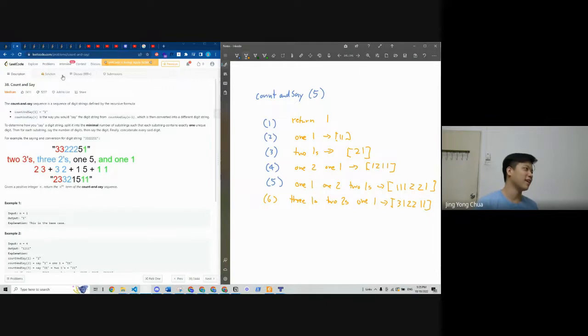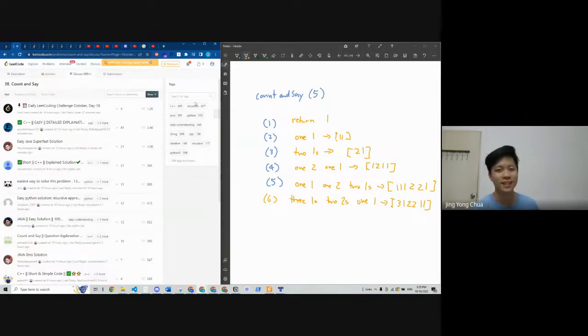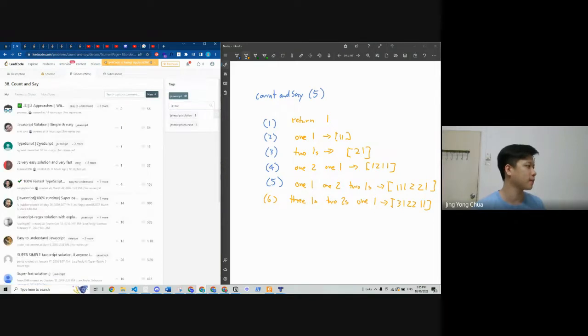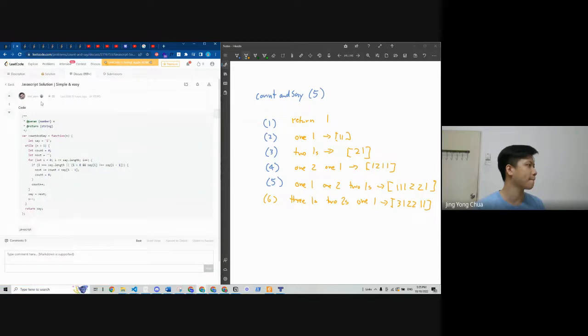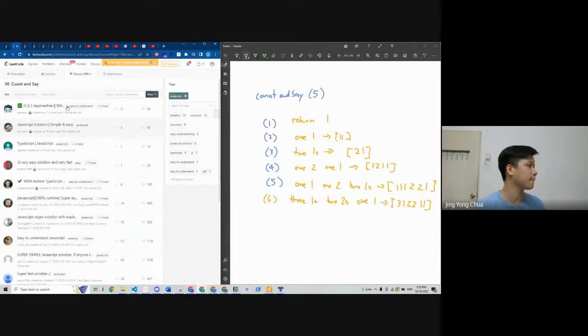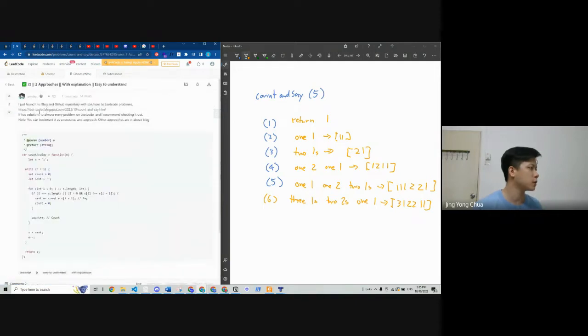Okay lah, I think we just skip this question, guys. Did you guys want to see the solution and figure it out a bit more? Or if not, we move on to the next one. Okay lah, let's look at this now. Two approaches.